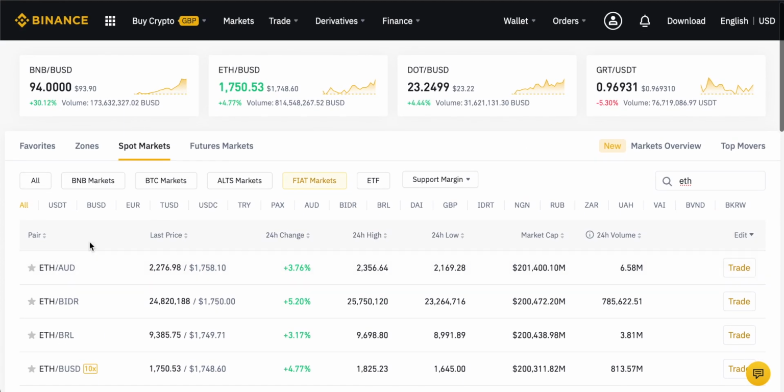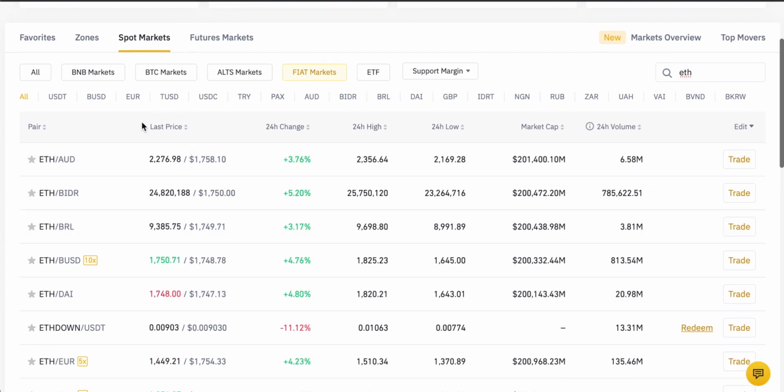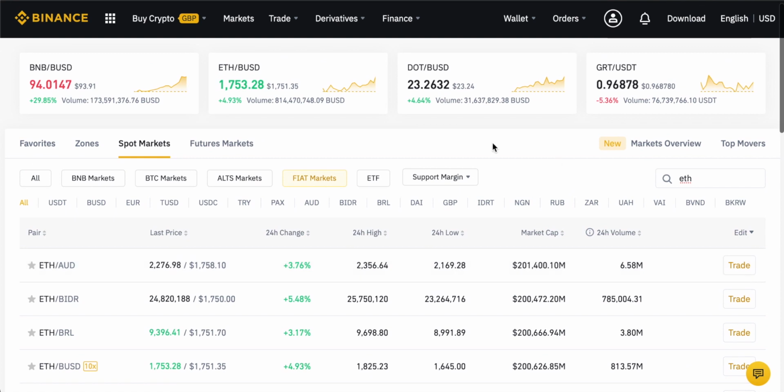And just to give you an overview of what this is, we can see the last traded price right here. We can also see the 24-hour change of that specific trading pair, and the 24-hour high and low right here, just to give you a good idea of how the market is moving. The complete market cap right here, and the trading volume over the last 24 hours for that trading pair. You can even use this to go ahead and trade right here, and this will take you right through to a screen, but we're going to go through a different way.